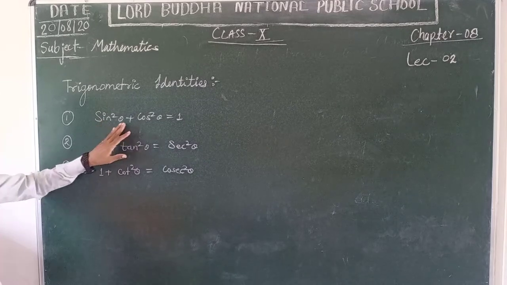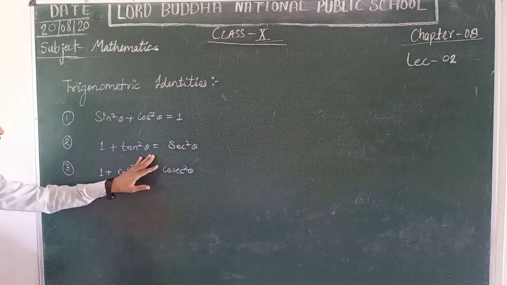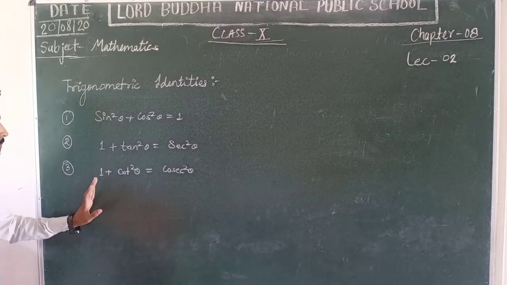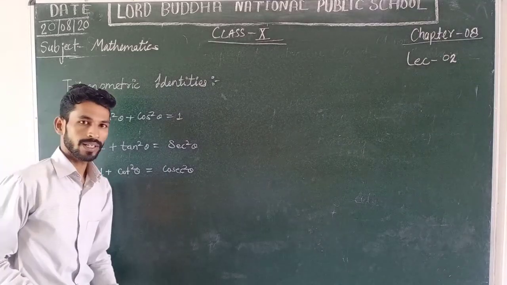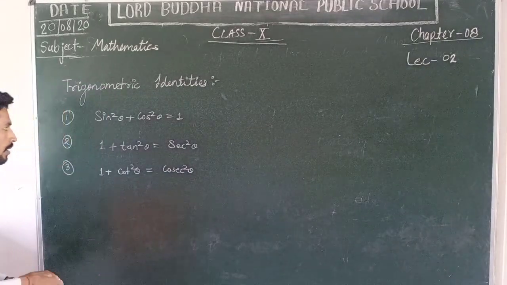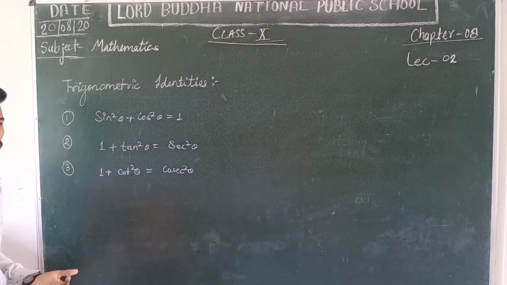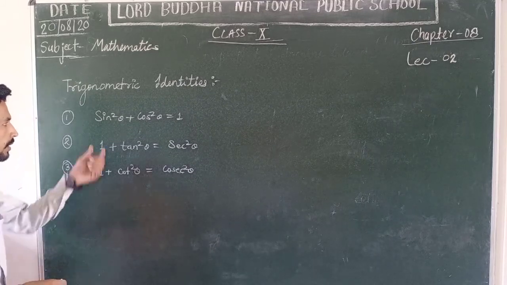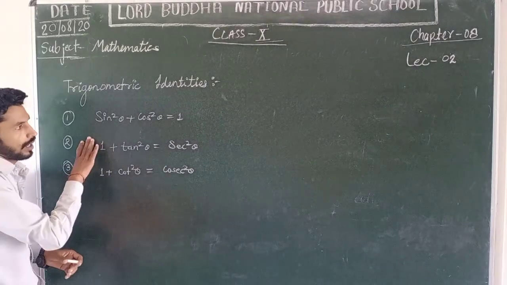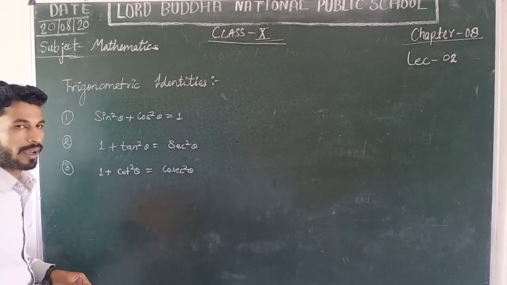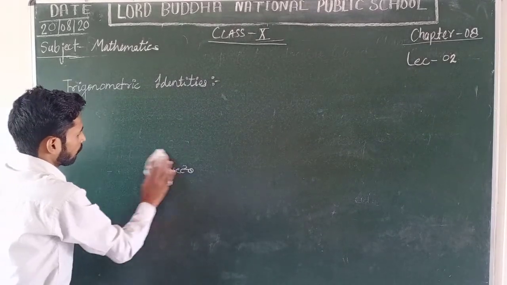Okay, so first is sin square theta plus cos square theta, that is equal to 1, and second is 1 plus tan square theta equals sec square theta, and last, third, is 1 plus cot square theta, that is equal to cosec square theta. According to these trigonometric identities, we can find the other values in respect of theta. So we will use these after some topics, but today we are going to discuss the angles and find the values